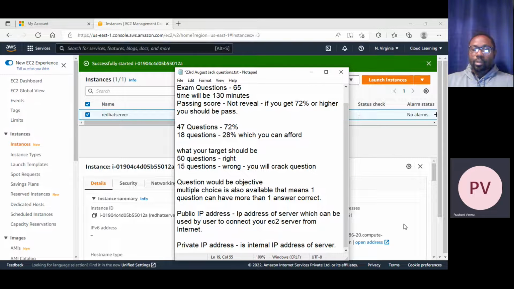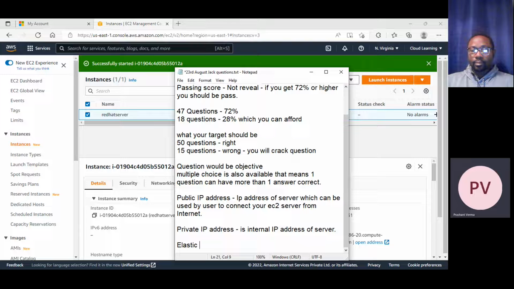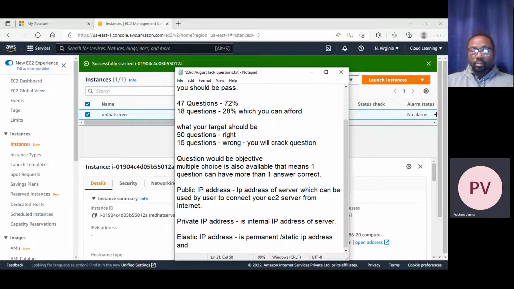When you log in to the server, you will see this internal IP. The elastic IP address is a permanent or static IP address and will not change when you restart yourself. The public IP will change when you restart.